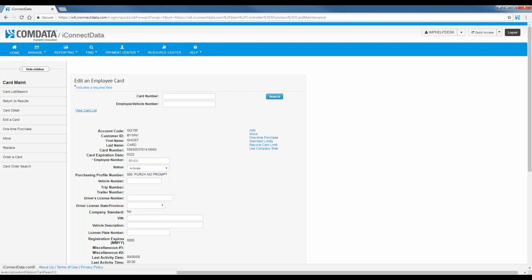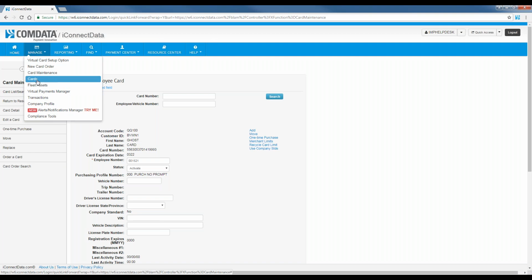So now that we know how to order your cards and manage your existing cards, let's say you have a cardholder calling up and saying, "Hey, my card's been declined. I don't know what's going on." So now I want to show you where to go to troubleshoot any declines as well as look at any current day-to-day transactions. So in order to do so, we're going to go to Manage,